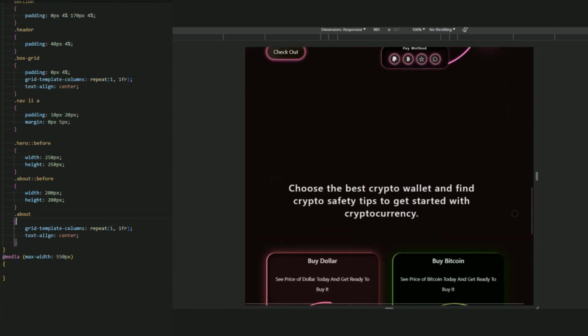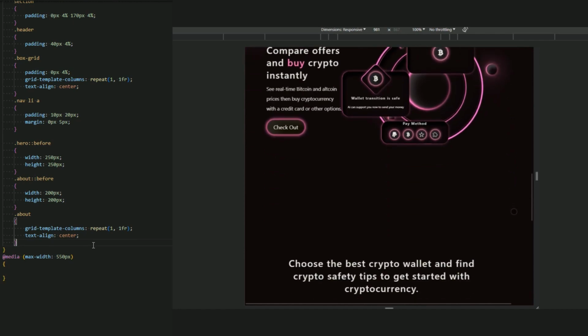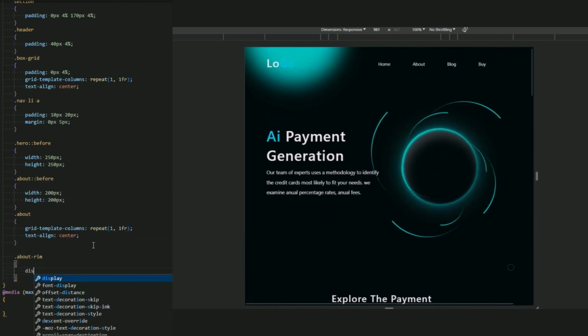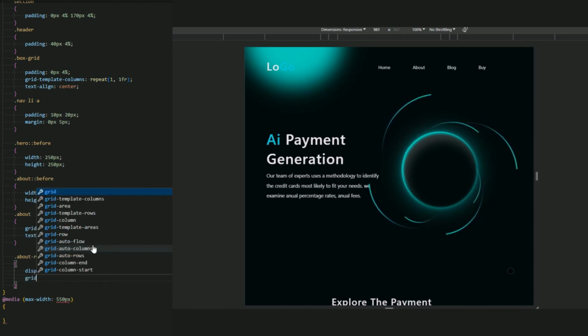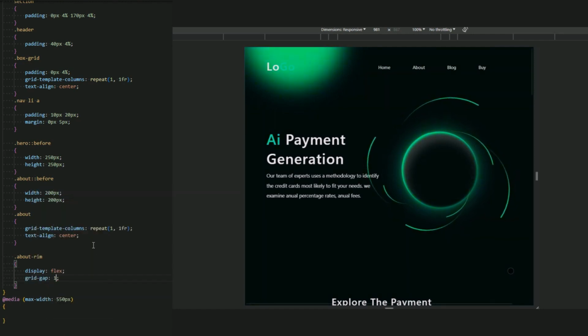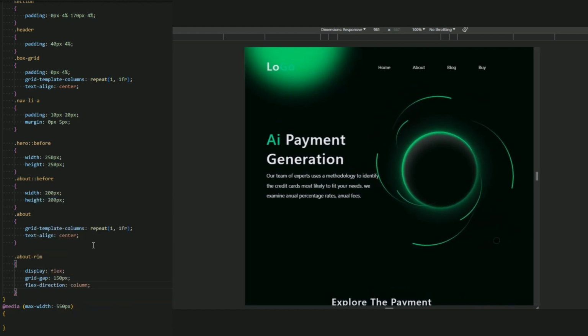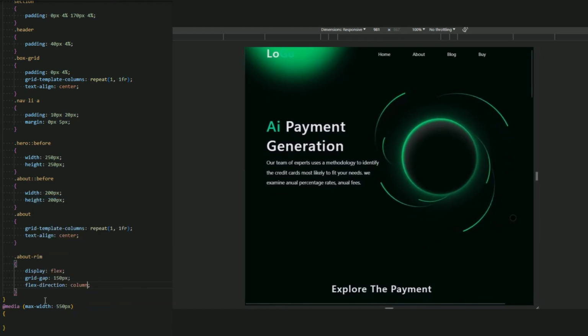And now for the about rim. Let me add a display flex and a grid gap for distance 150 pixel and the flex direction column. Okay, now for the rim, let me just add a justify content center.